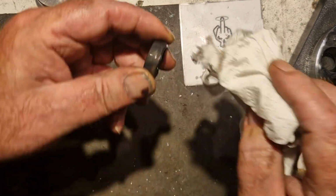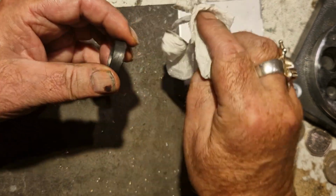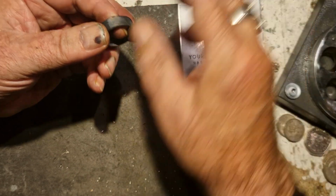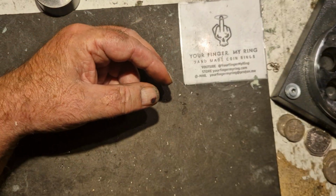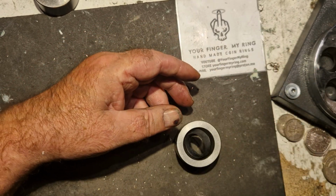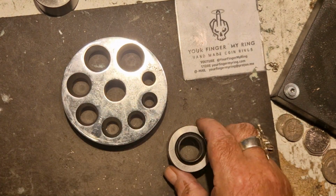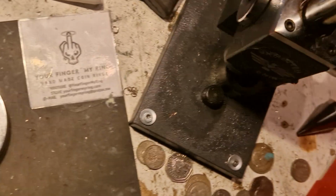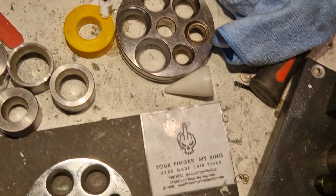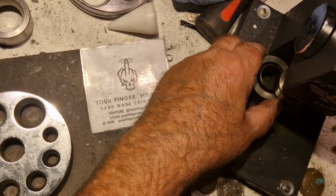Okay. It's nicely quenched. Right, what we're going to do now, I think I can get a bit on this. This is the 17-degree dial I use to fold the coin. It's got a bit left in it,